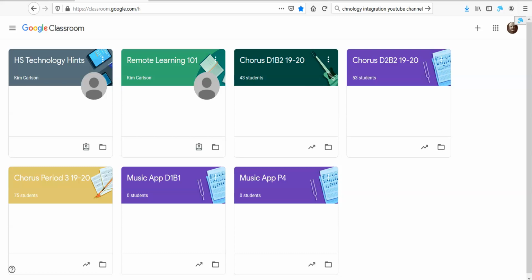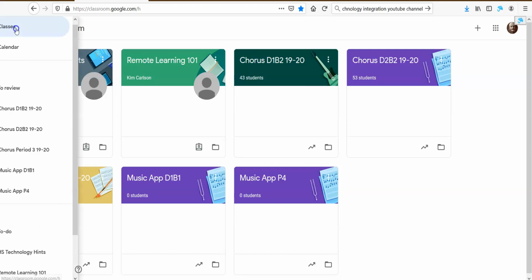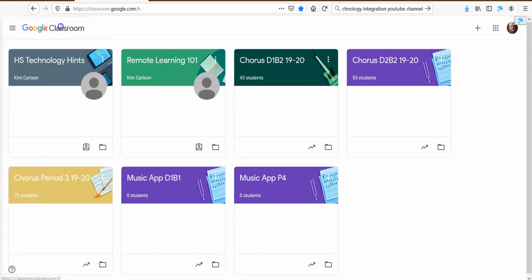So I'm about ready to start a new school year, and on Google Classroom I have a little cleaning up to do. I want to get rid of some of my old classes that I no longer have students for, and I need to have those classes for a new semester as well. So I'm going to come up here to these three horizontal lines, make sure I'm on classes, which I am,